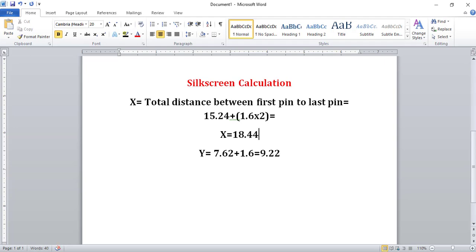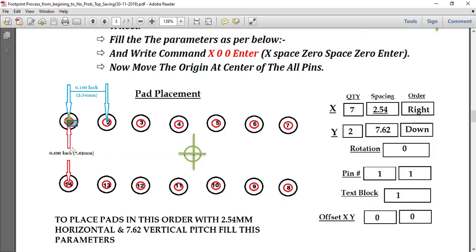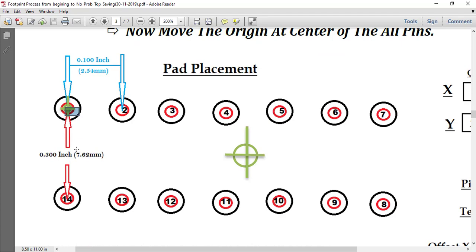Now what is the y distance? The vertical pitch plus 2 pads dia.